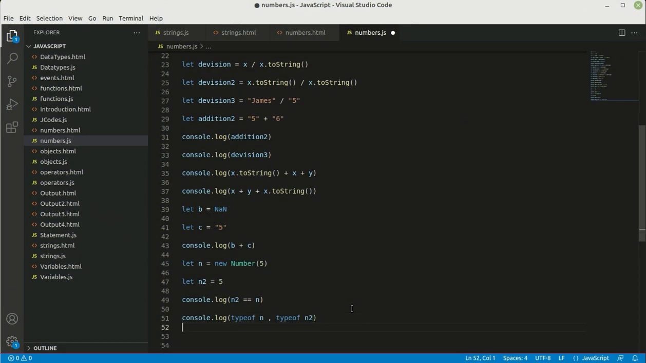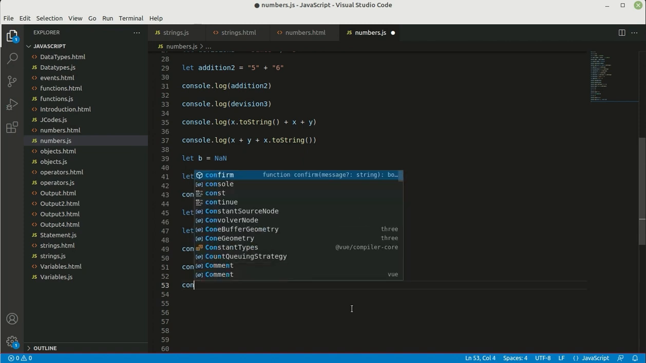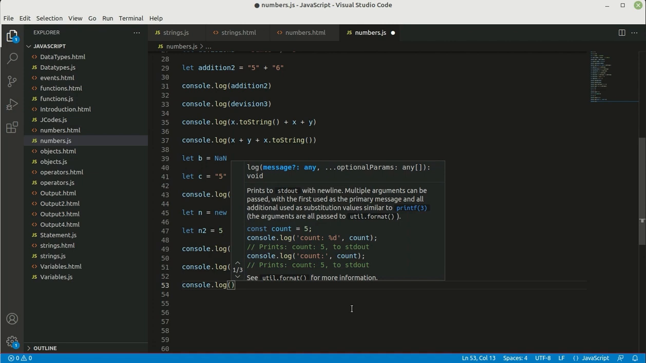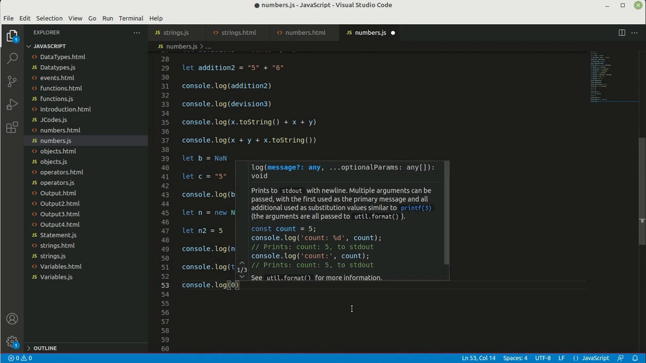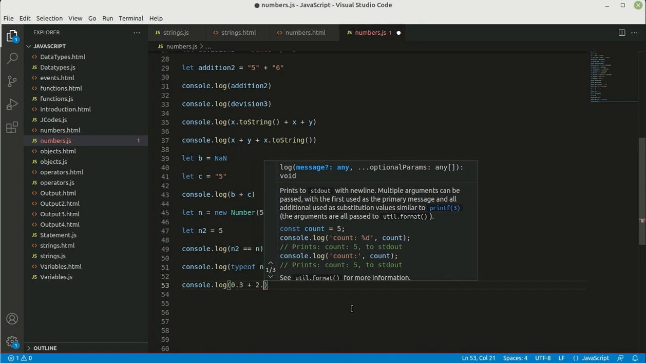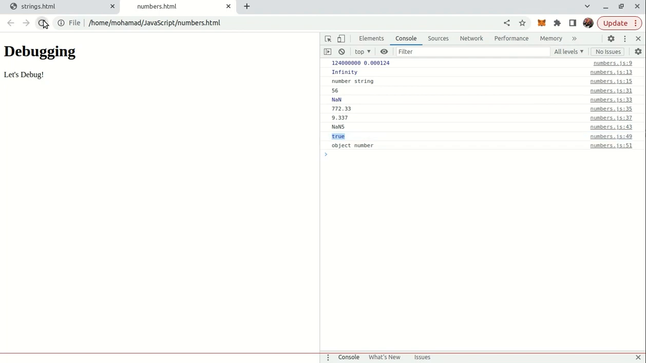Now there is also a problem with numbers in JavaScript, and especially with floating numbers. So let me write console log, and here, for example, we have 0.3 plus 2.8. So let's see what the result of these two added up together is. I'm going to refresh the page after saving the code, and as you can see, the result is